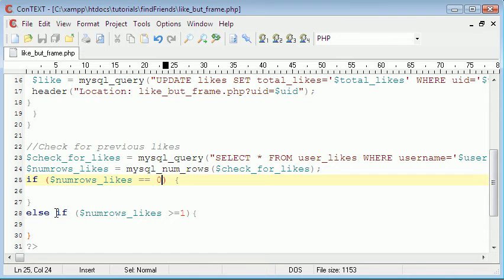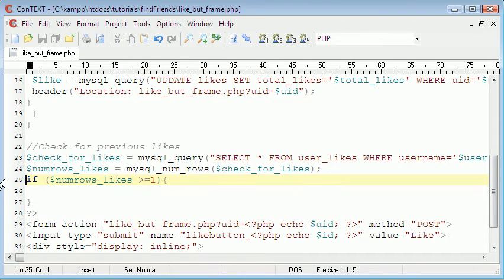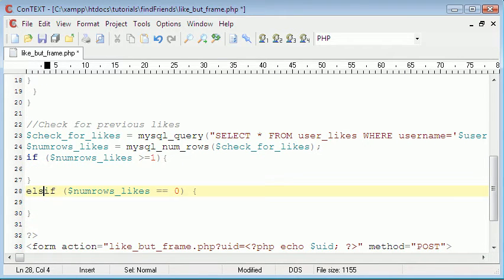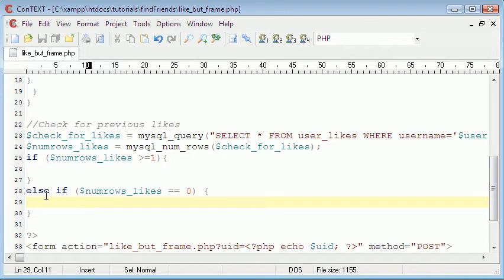And I can change the order of those. So what this says is if numRows likes is greater than or equal to 1, so if they've liked it before, then we don't want to do anything. And then else if numRows likes equals 0, so if they haven't liked it before, we're going to let them actually like it. So what I'm going to do here is